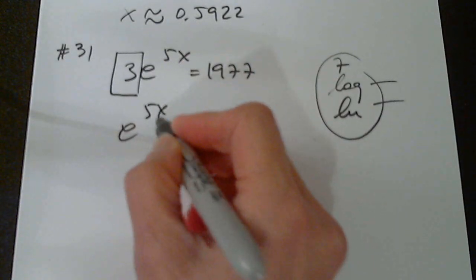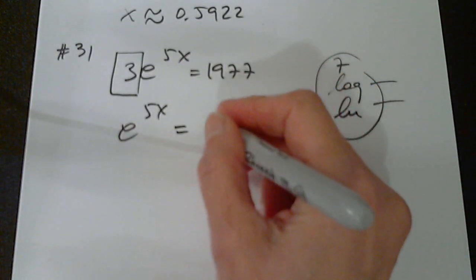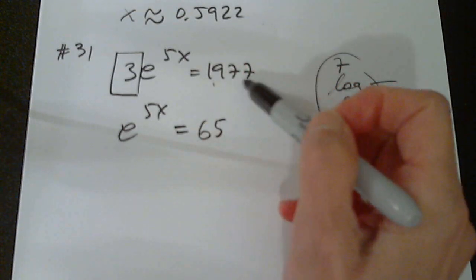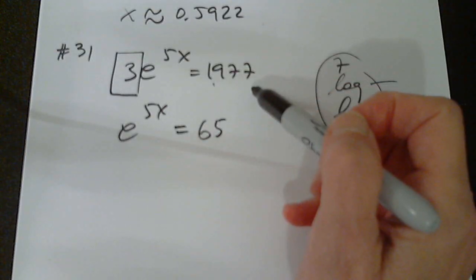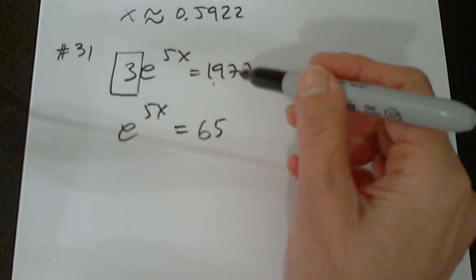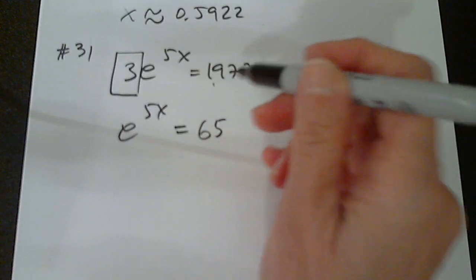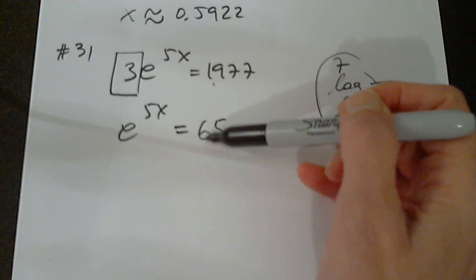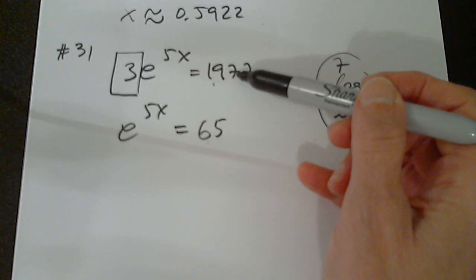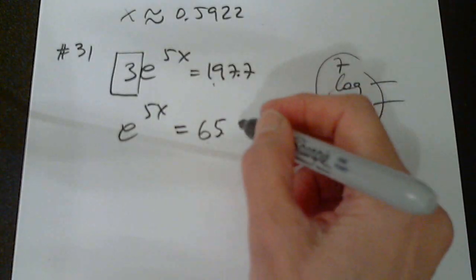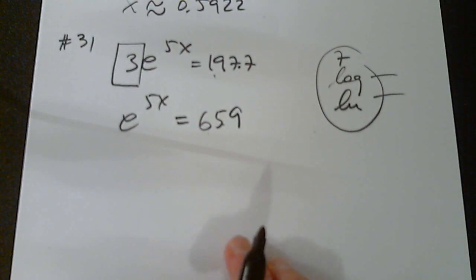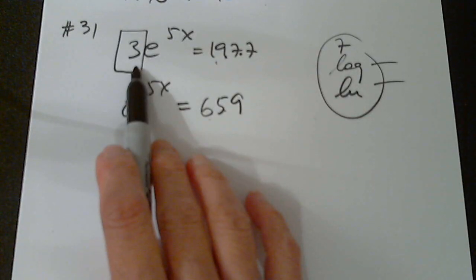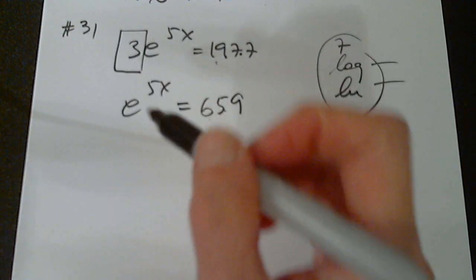So e to 5x, 1977 divided by 3. What am I doing? 1 plus 9 plus 7 plus 7 is 24, so it's divisible by 3. Correct. Perfect. Okay, now, after I cleaned it up, dividing both sides by the factor in front of e, now